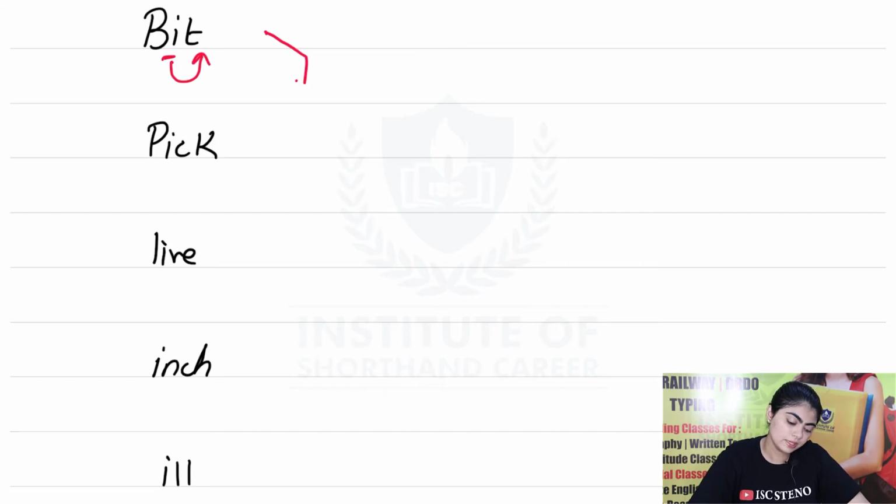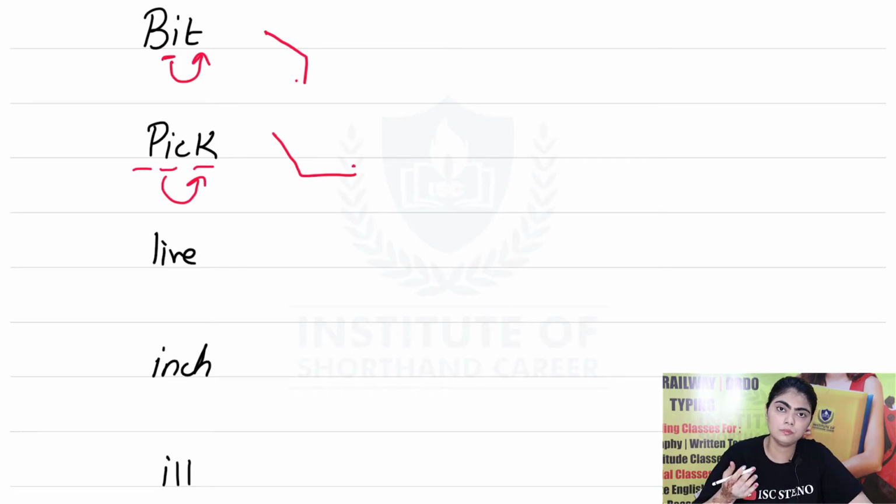Next word that is coming is pick. So stroke P and K would be there. P and K. I would be on the K's third position and before K. So you just have to place it over here. This is the third place of K, and above K, before K. So you have to place it above over here. Okay, pick.